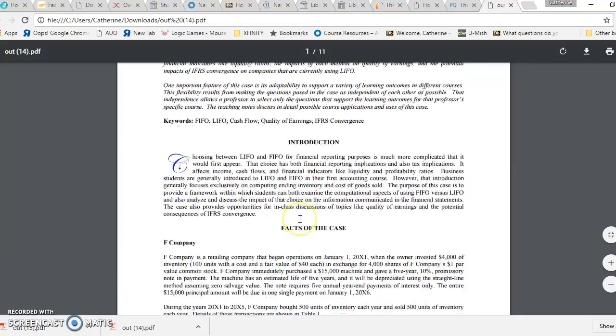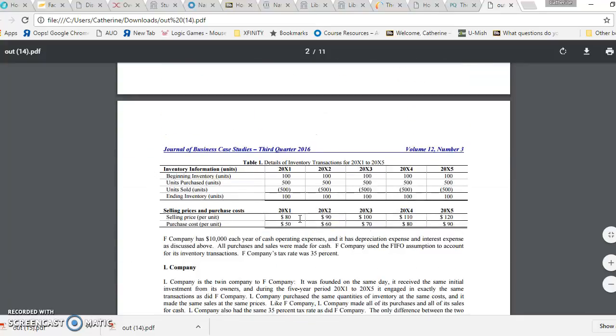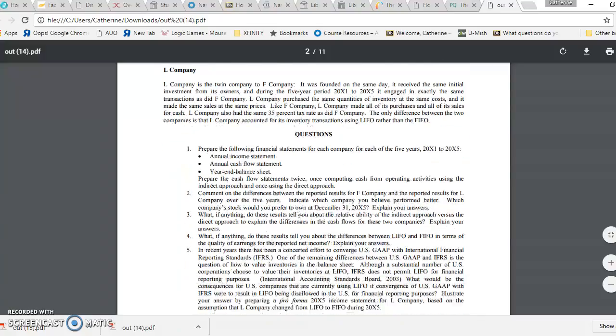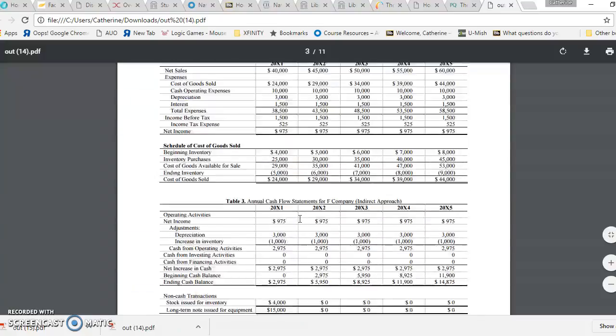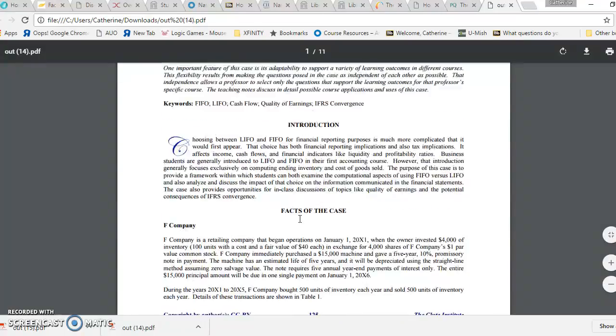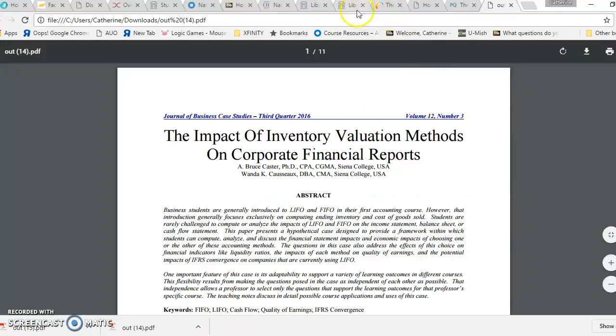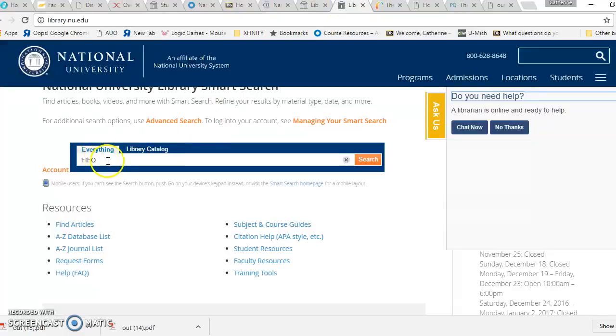I've read the abstract. When you're looking at these articles, there's a lot in them that's not going to make a lot of sense, but you can skim the parts that do make sense. Okay, so then I've pulled that up. I'm thinking, well, maybe that's too much stuff. So I'm going to go back here to the library, and let's try